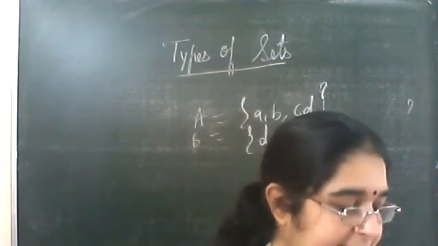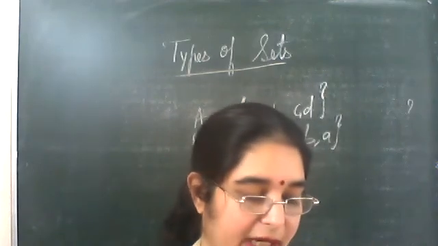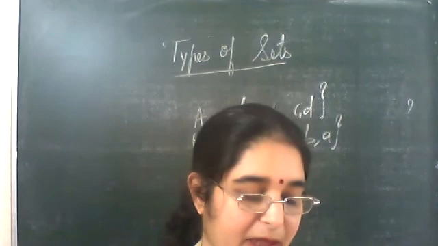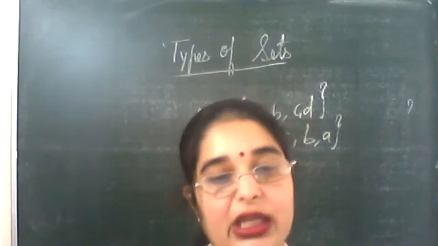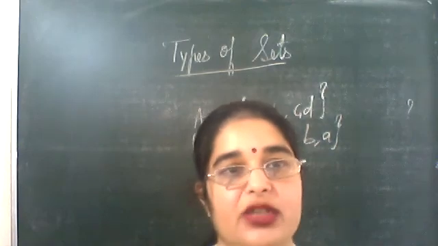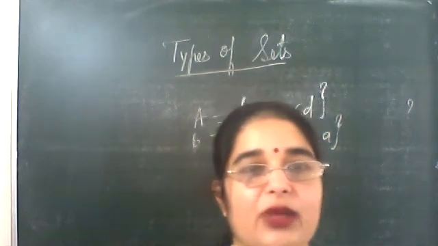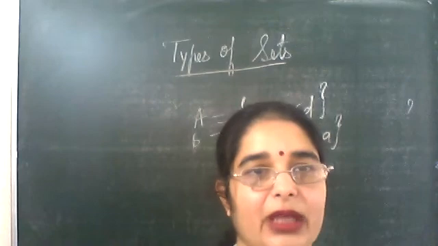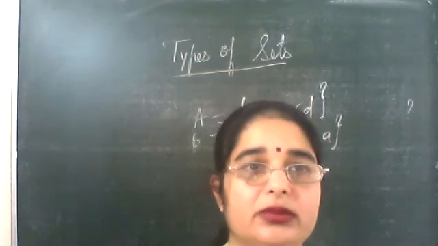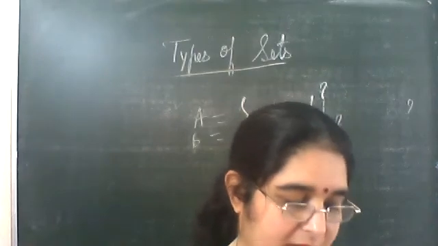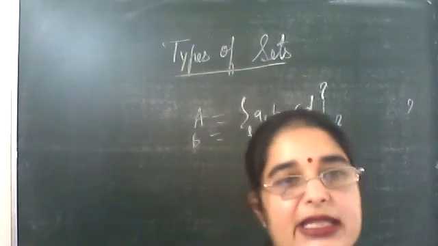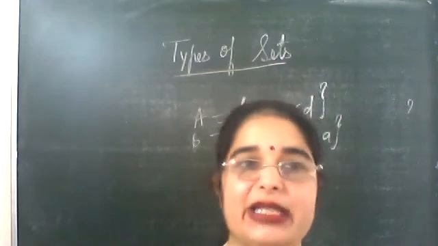Clear? Second part, A is equal to 4, 8, 12, 16 and the B is a set containing elements 8, 4, 16, 18. Are they equal sets? Yes, Supriya. Are they equal sets? No, ma'am. Why they are not equal? Because in A 12 is there and in B 12 is not there. Very good. Because in set A, 1 or 2 elements are different.